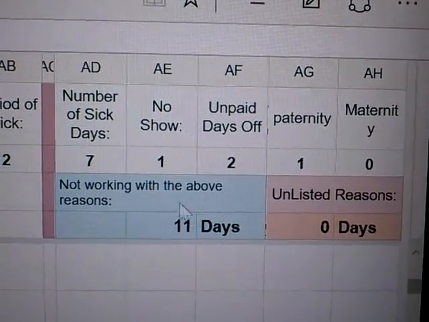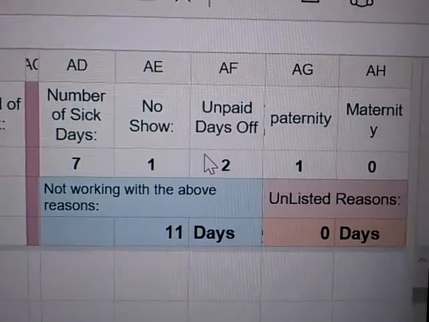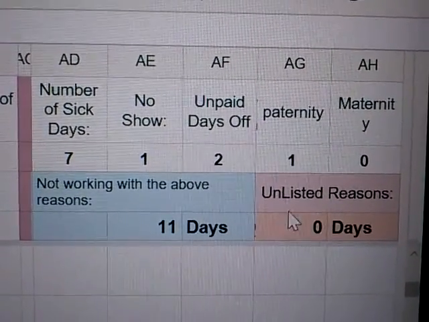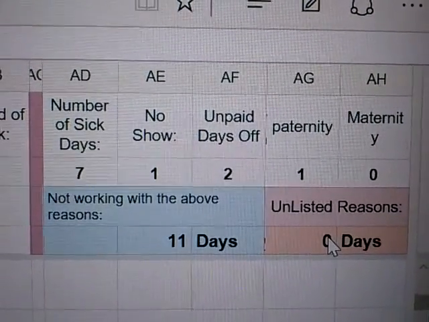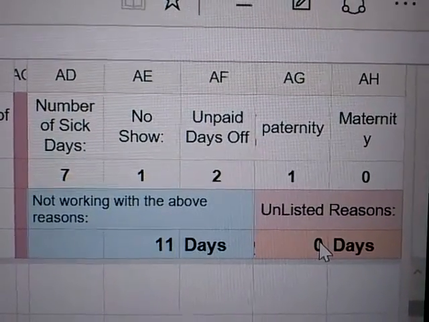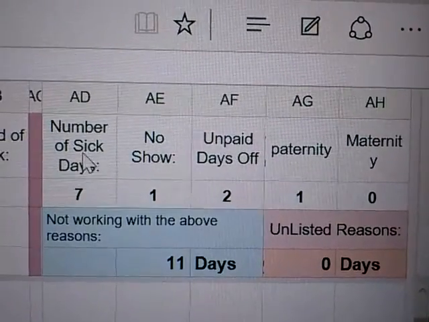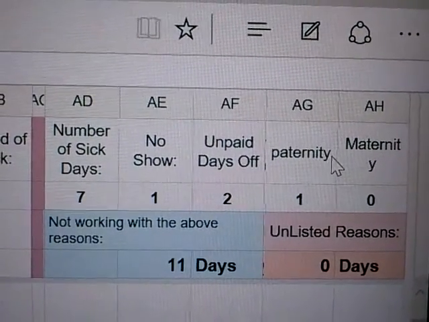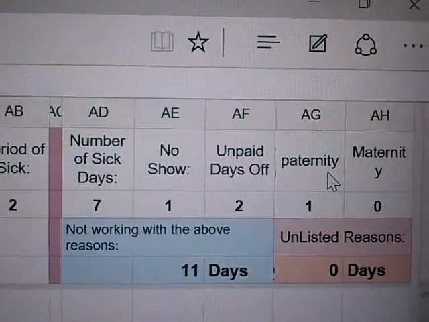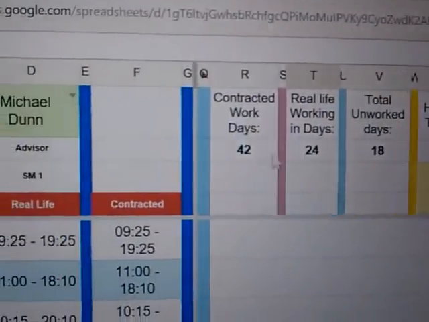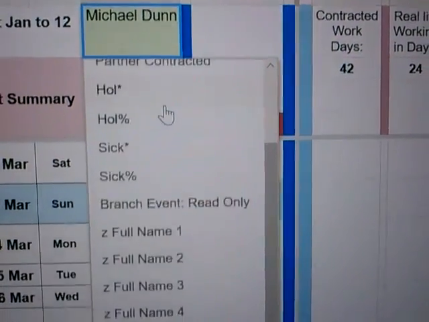So there's 11 days of reasons above why this person is not in, and I've got a little calculation of all the reasons that are not listed, because I'm not a manager, so I don't know all the variation of reasons why people are not in. I think these are the common ones, but if I have more ideas, I may expand this list. Now we're just going to give it a test run and choose another person. So click here,